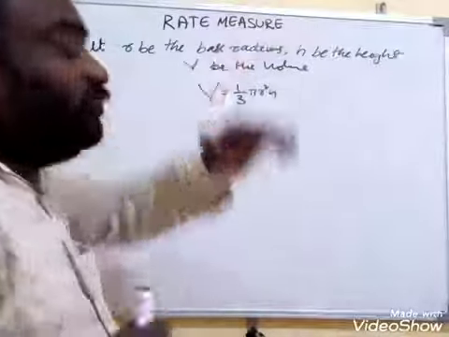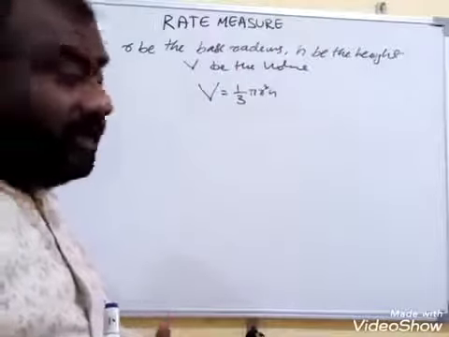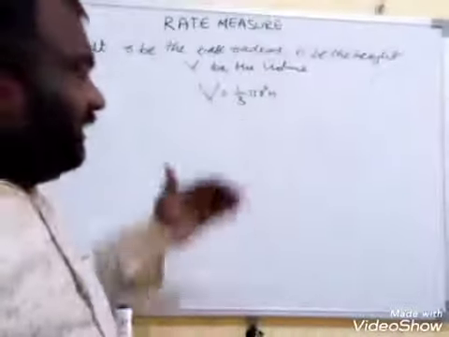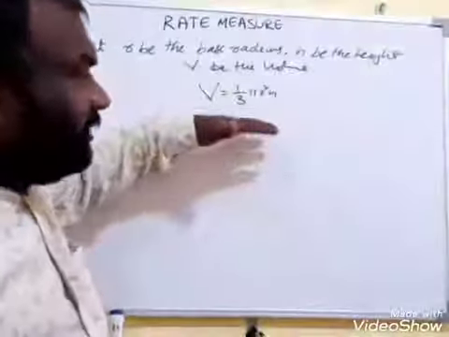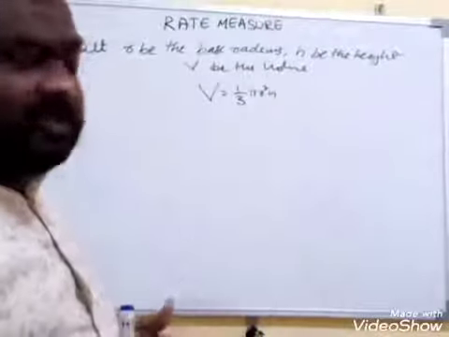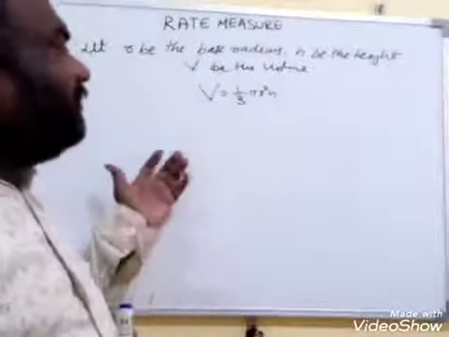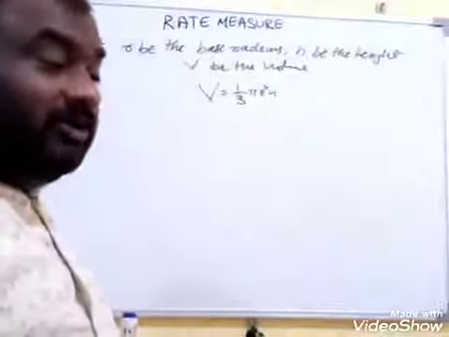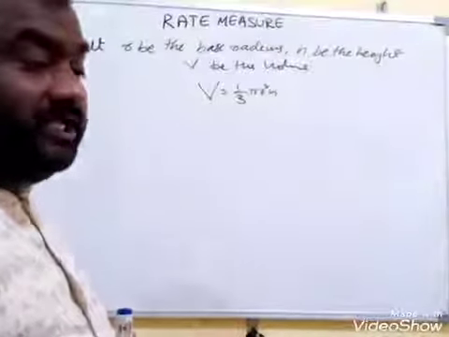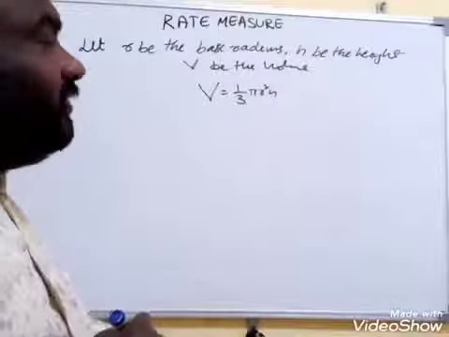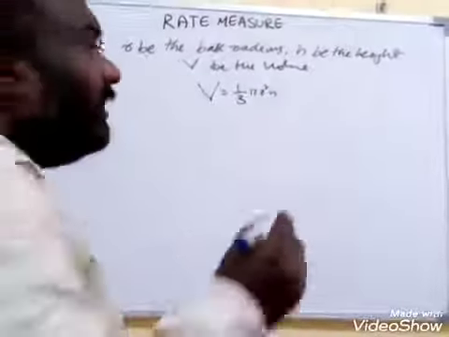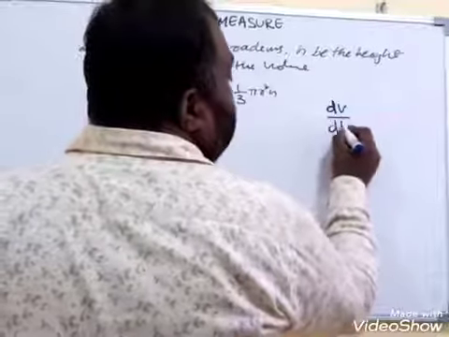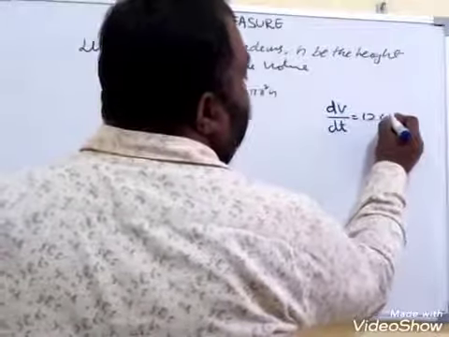Now here we have two variables. The most important thing is, if you have two variables, the length of the problem becomes difficult to solve. That's why you have to reduce them into a single variable. That means we need the relation between R and H, and by using that relation we go ahead. Sometimes he gives it. Now read the problem: sand is pouring from a pipe at 12 centimeter cube per second. That is what they have given: dV by dt is equal to 12 centimeter cube per second.